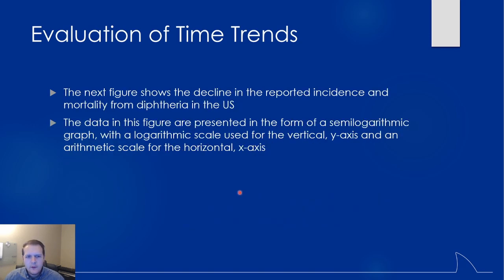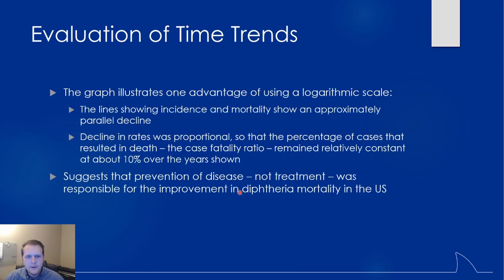And so to give you another example of some of these time trends, I'll show you a graph reporting the incidence of mortality from diphtheria in the U.S. Basically, the graph will illustrate the advantage of using a logarithmic scale for some of this reporting, because you'll see that the incidence and the mortality show a parallel decline. If you were to look at it on a normal scale, it might not be quite as apparent. But looking at this, you'll see that the decline in rates were proportional to one another,